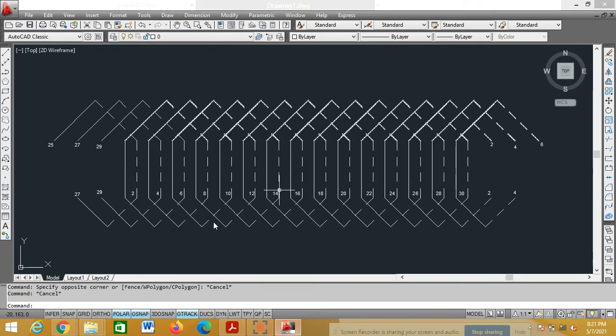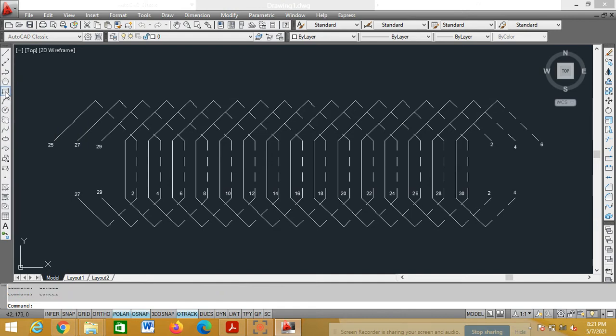I'll tell you how to draw. See here, go to the drawing toolbar, select the rectangle. If you select the rectangle, in the command it will ask the first corner. Click anywhere, select the first corner, click. Next it is asking, specify the other corner point or area, dimension or rotation. I want dimension because I know the dimensions. So D, enter. It is asking length.